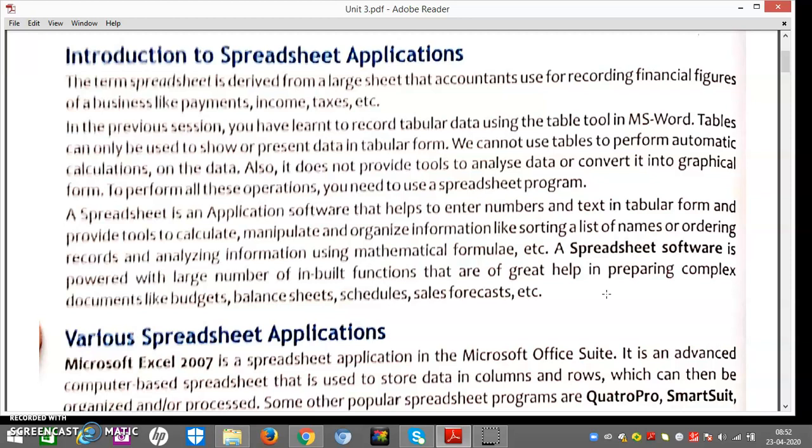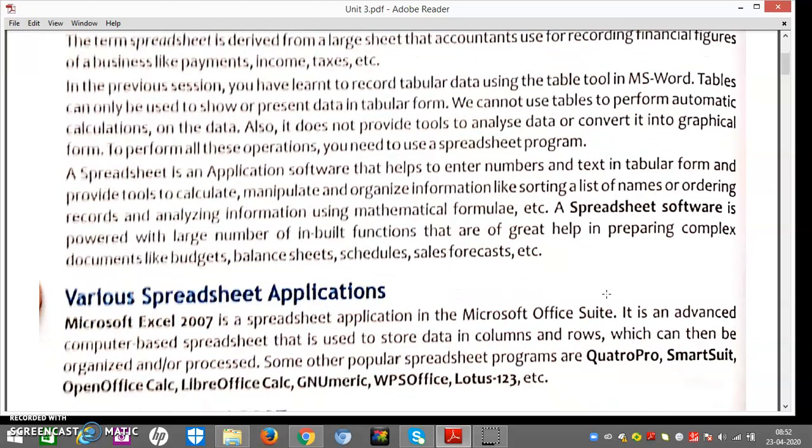The term spreadsheet is derived from the working of accountants for their financial figures like payments, income, salaries, taxes, etc. Because spreadsheets made calculation for accountants very easy and provided them the data in tabular form.